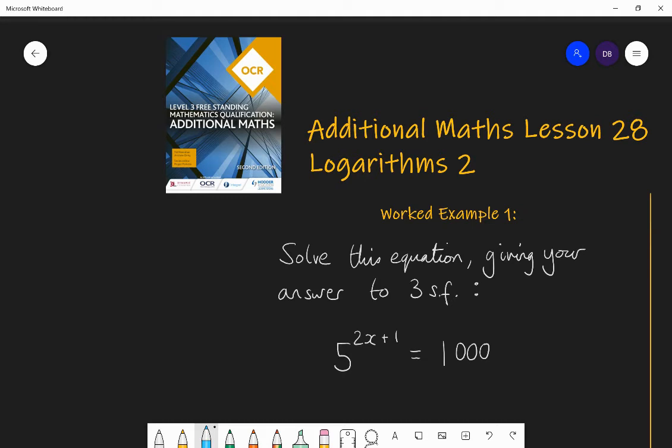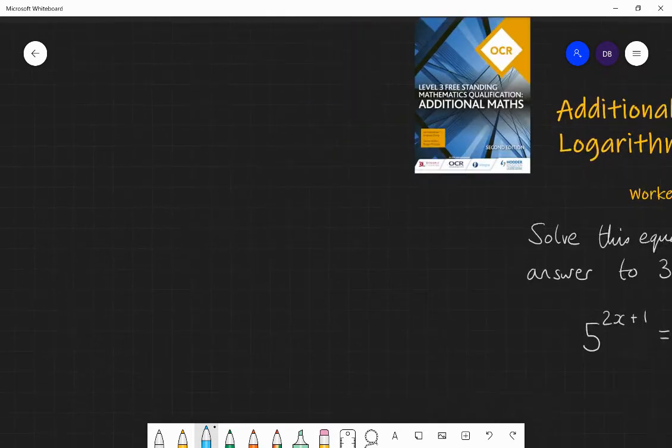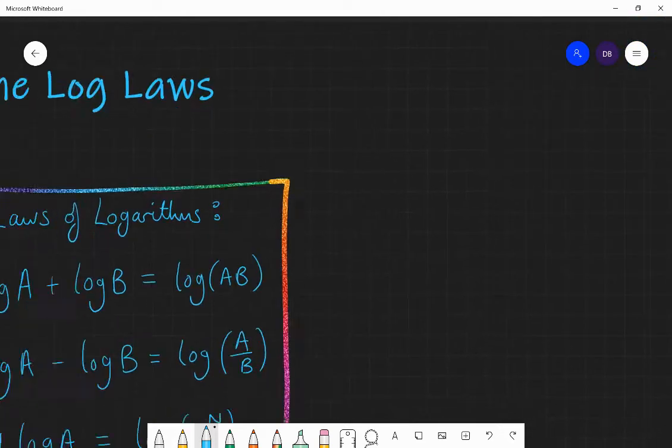Barrow. Today we're going to be looking at logarithms and specifically solving equations using the logarithmic function. Okay, so from a previous lesson, lesson 27, a reminder of some of the logarithmic laws that we will